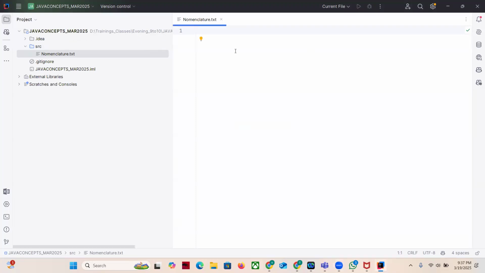Let's go through some nomenclature. Whenever we create a class, we should follow Pascal case. That means, for example,